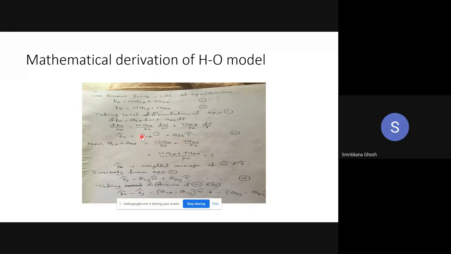Now look, if I write theta LX plus theta KX, writing all those values and arranging them, the denominator for both cases is PX, and the numerator is W ALX plus R AKX. From equation 1, W ALX plus R AKX is nothing but PX, right? So PX by PX is 1. So what is the conclusion? That theta LX plus theta KX is equal to 1.